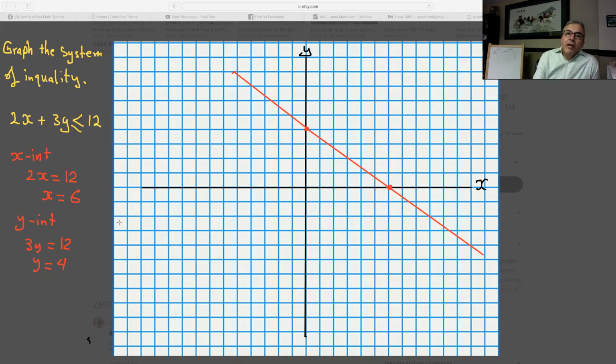Okay, now after you graph the graph, you need to shade because it's an inequality. So how do we shade? When you're shading, you want to test. 0, 0 is the best number to test unless your graph is going through 0, 0. If it is going through 0, 0, then you cannot test 0, 0. But 0, 0 is easier to test with because when you sub in 0 for x and sub in 0 for y,